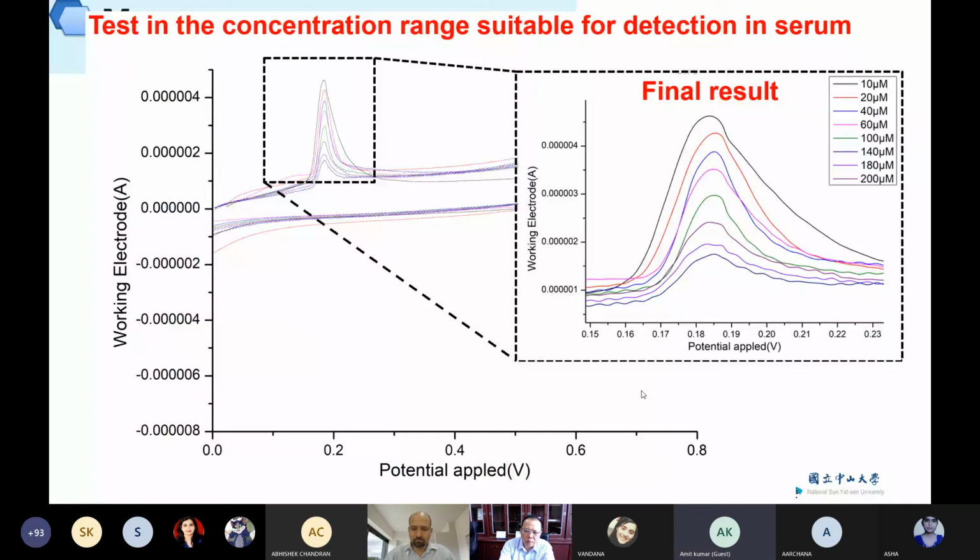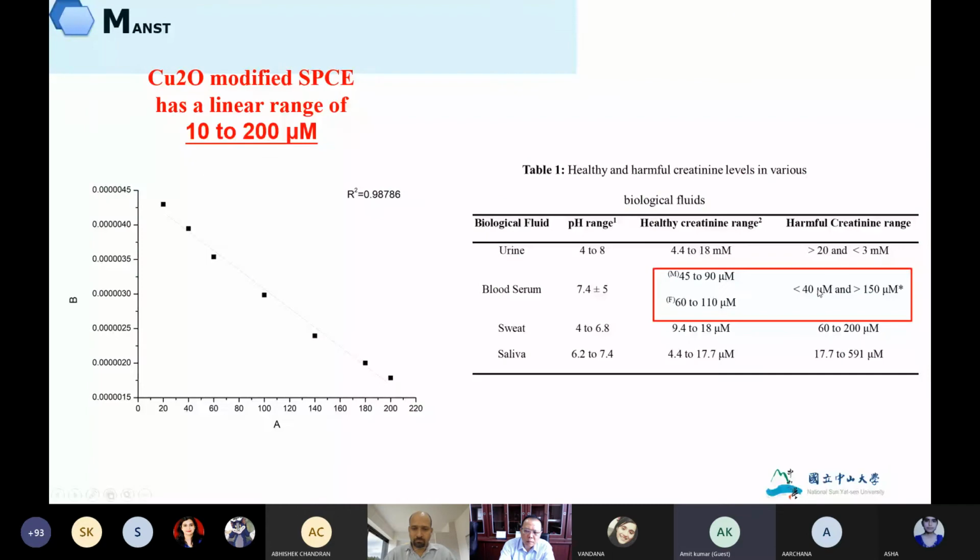And as you can see here, we have quite a linear range with a 0.98 R-square value, but we have also done another graph in which, instead of taking the current potential, we use the log of the current, which increases the linearity to about 0.999, which is much better.